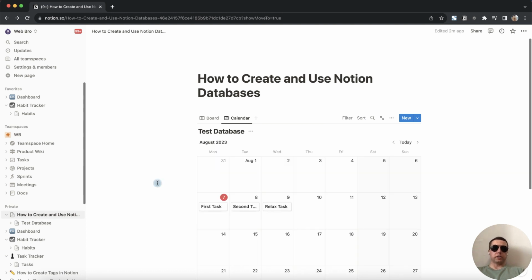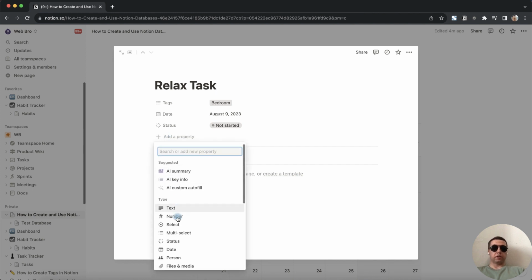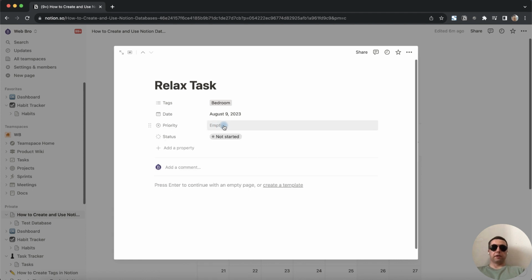These are our tasks presented in calendar form. We can open any of these tasks as a page and fill it with content. Click on Task. Here we can also create a new property for the database. Click on Add a property, select the type of column, rename it, and fill it with content. For example, low,